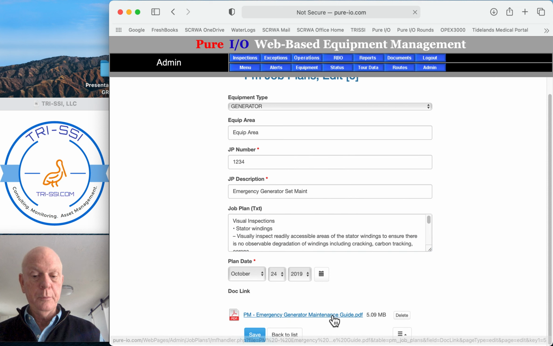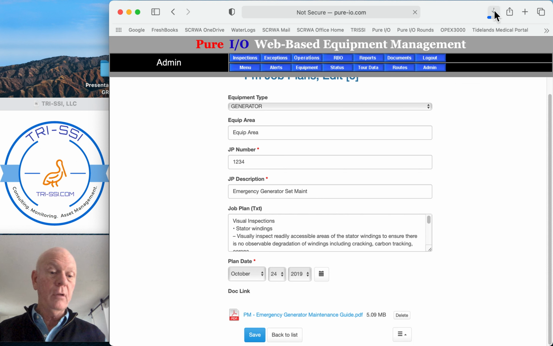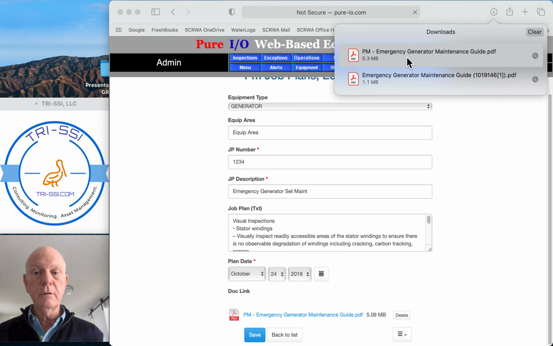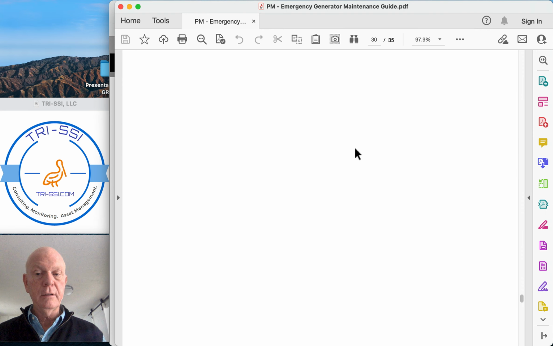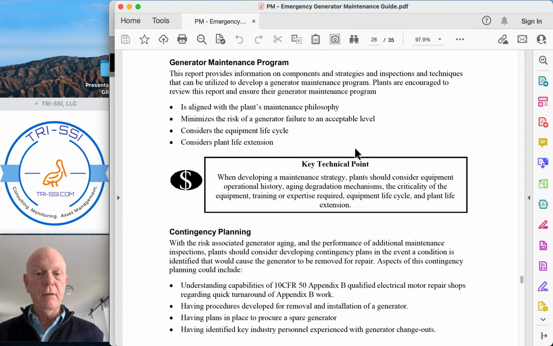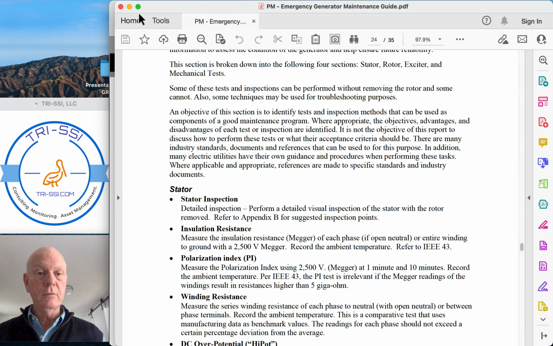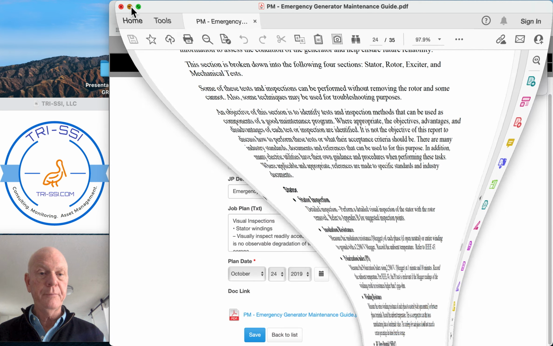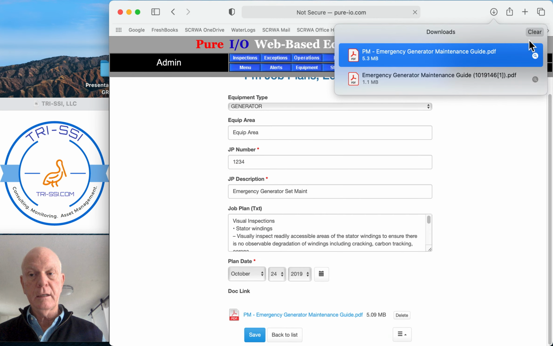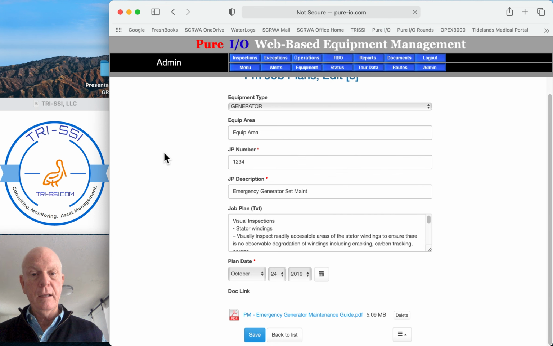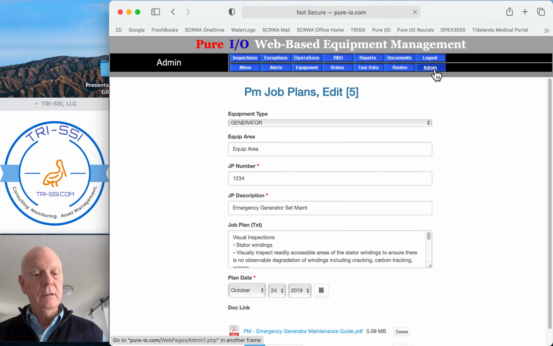I also put in a maintenance guide there, so if I download it, you see that I can quickly click on it, and it's downloading onto my desktop. The person in the field could actually take a look at that too. If I want to see it very quickly, I can see that I've just downloaded the whole manual for that purpose, and I can clear away that information. Okay, so now that I've created my job plan,